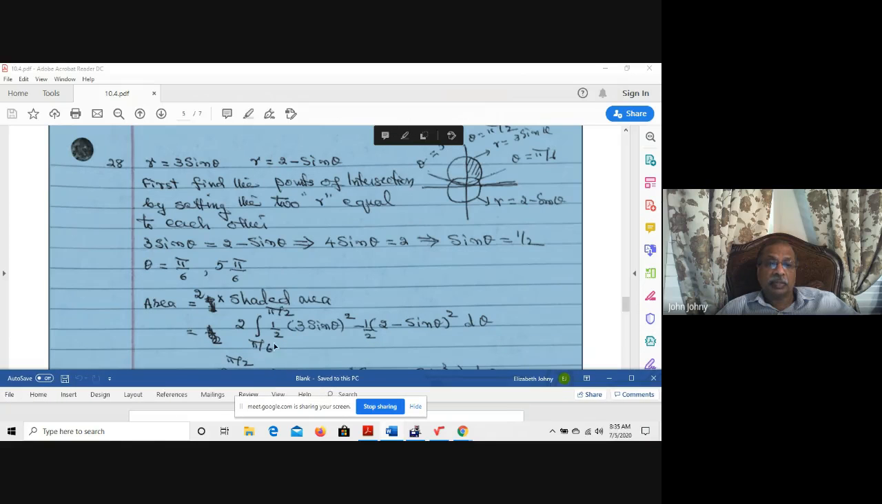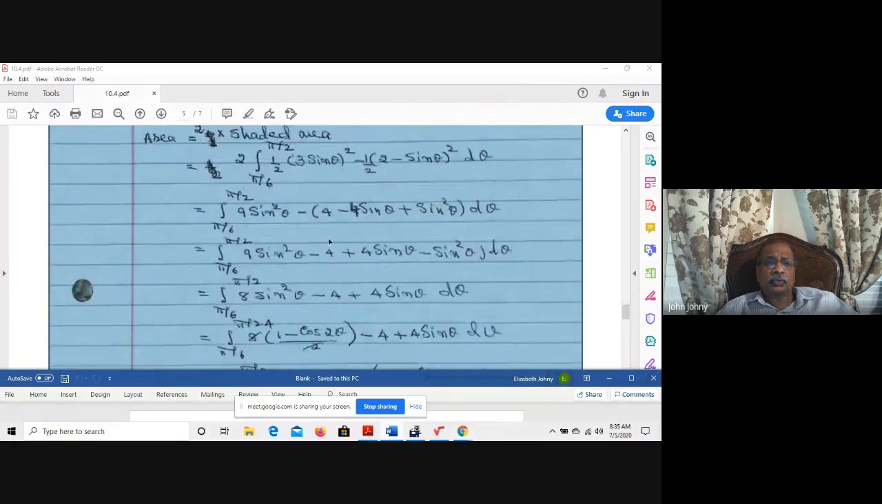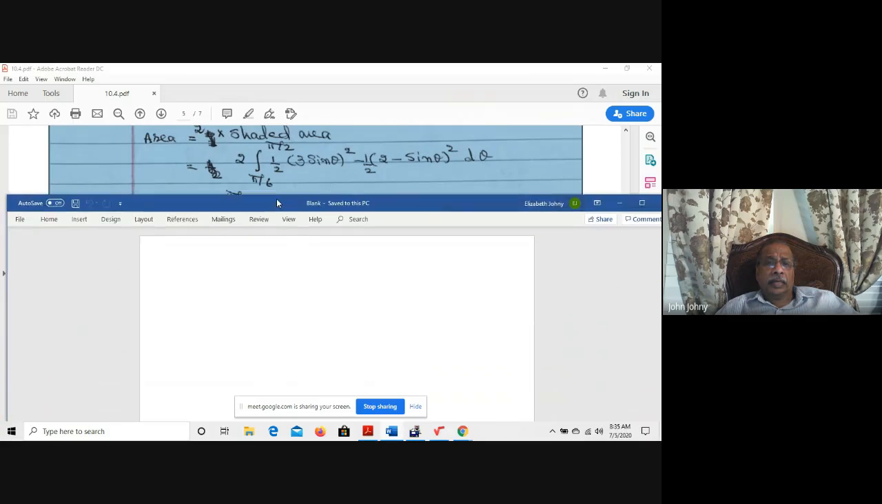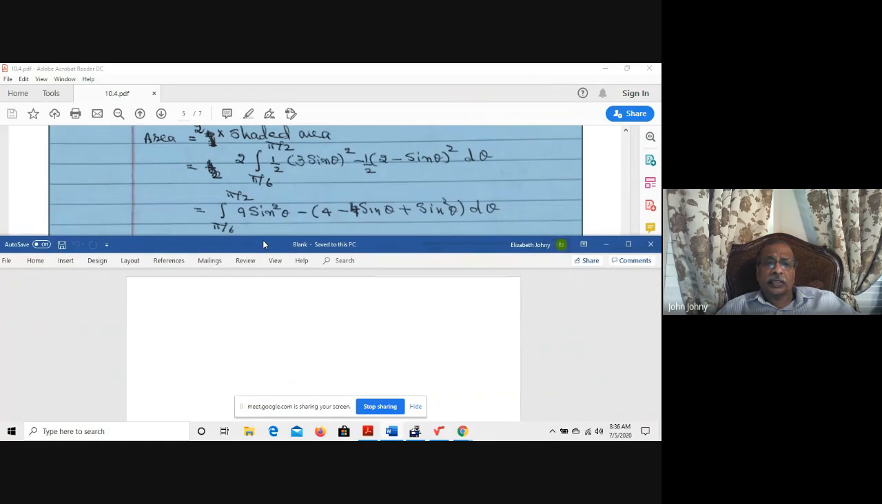That is 2 times the integral from pi over 6 to pi over 2 of outer area minus inner area. The outer curve is r equals 3 sine theta, so 1 half times 3 sine theta, the whole square, minus 1 half times the inner curve, 2 minus sine theta, the whole square. Now a little algebra is involved, so that is equal to 2 times the integral of 9 sine square theta minus